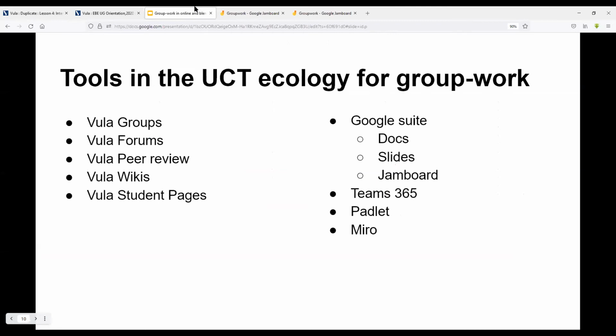Absolutely. Thanks, Johnny. It's going to be an absolute whip through because there's quite a lot. So very briefly, we're going to talk about the technical side of group work through Vula and some external tools. We will not be able to cover any of them in sufficient depth, unfortunately. But if you are interested in any of these tools, please do contact us, and we can either help you set it up or set up a consultation where we can discuss the particular issue you have and find a good tool for you.